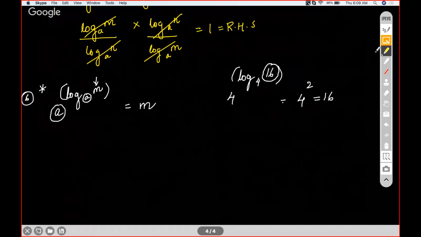Can we prove this? Let me see. Hint: this property comes from the very basic definition of log itself. So log of a number equals x, and a to the power x. So log of